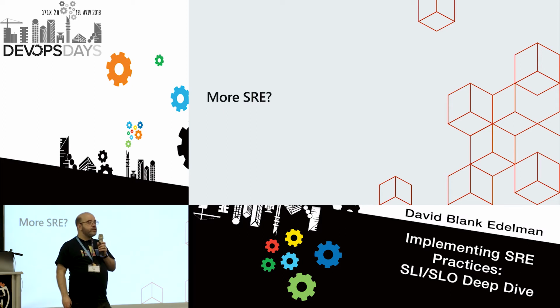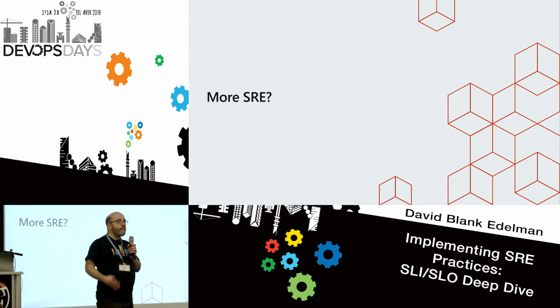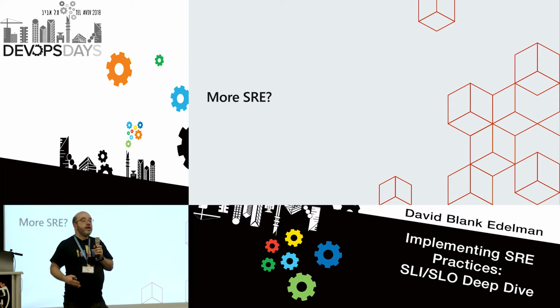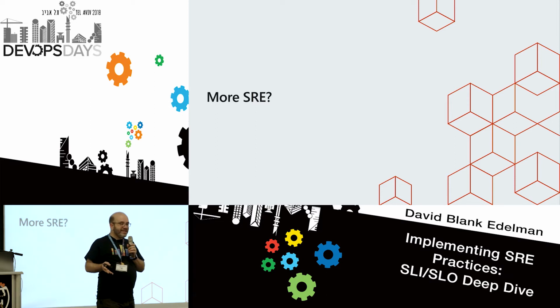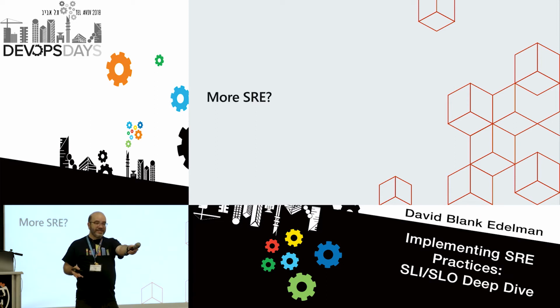So the question is, how many SLIs and SLOs do you have per application and system and service? Want to guess what my answer is? Anybody here? If I can get the entire audience to say "it depends" to you, does that help? Because I can do that. Here, let's try that. It depends.